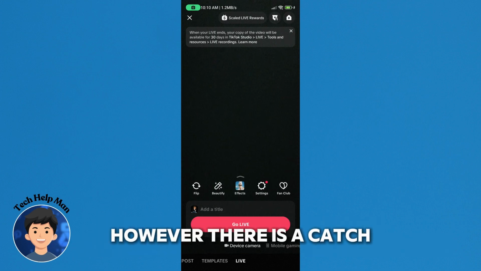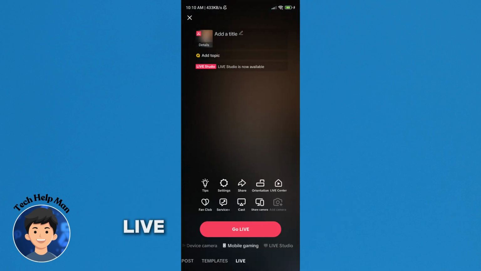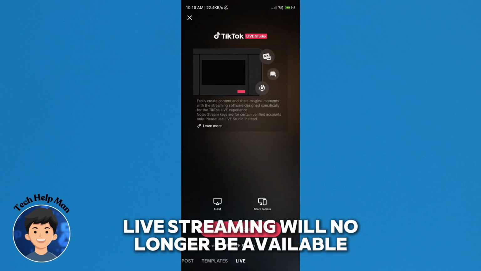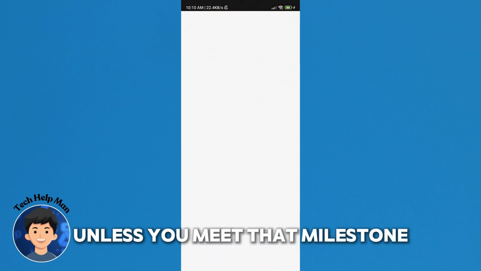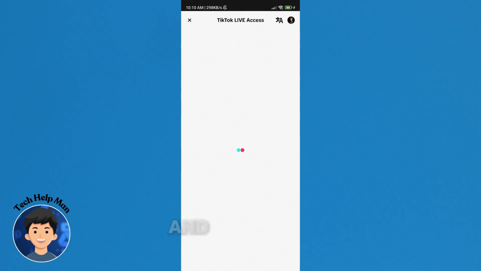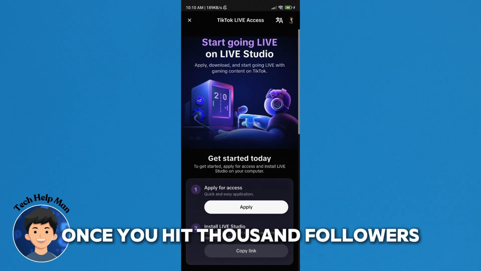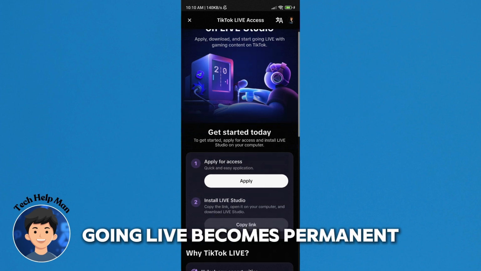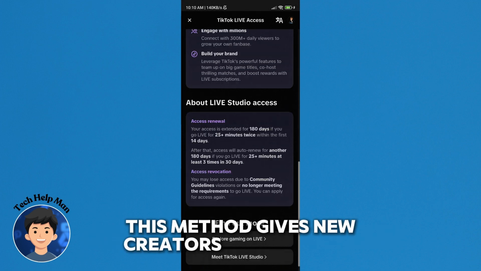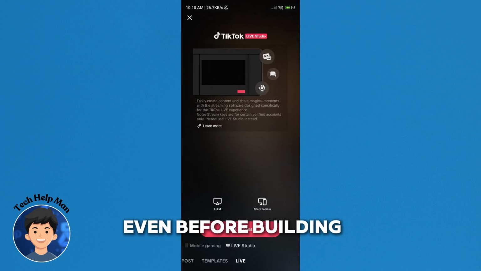However, there's a catch. If you haven't reached 1,000 followers by the end of those 2 weeks, live streaming will no longer be available unless you meet that milestone. So the key is to use this window wisely and try to grow your followers fast. Once you hit 1,000 followers, going live becomes permanent. This method gives new creators a head start and a way to test content live even before building a full